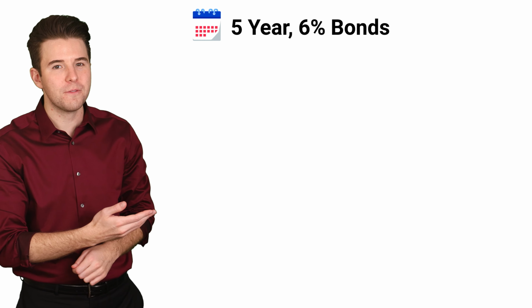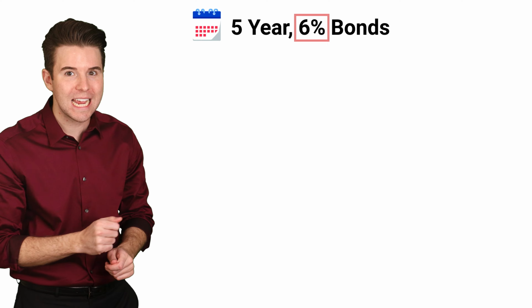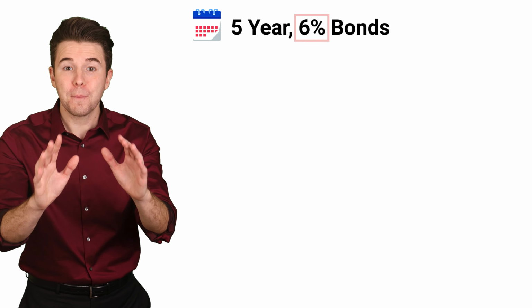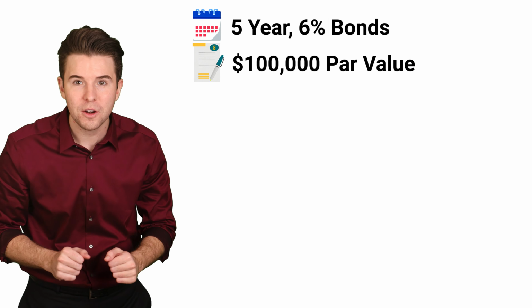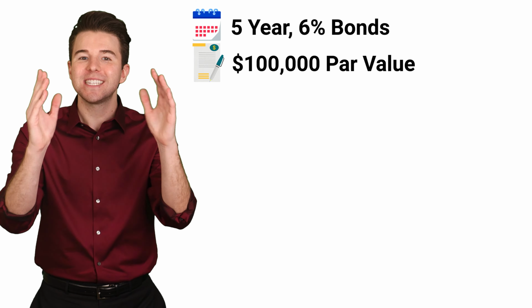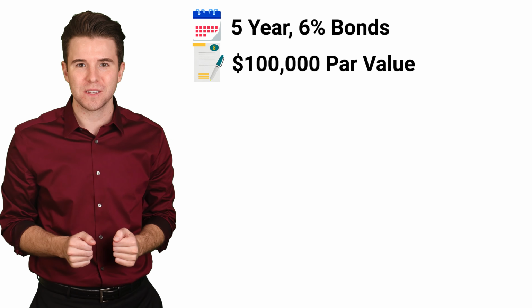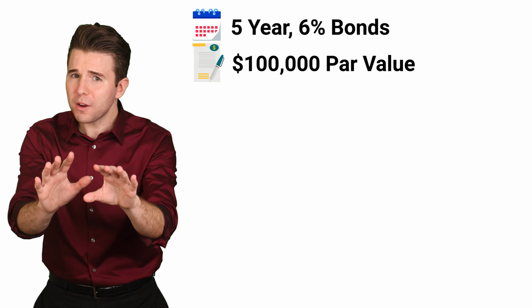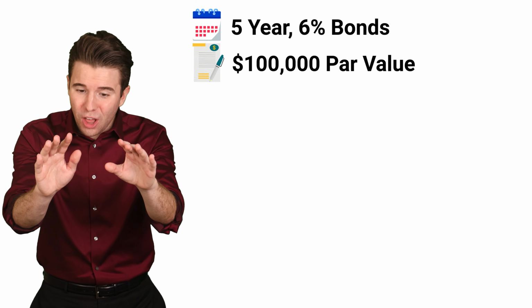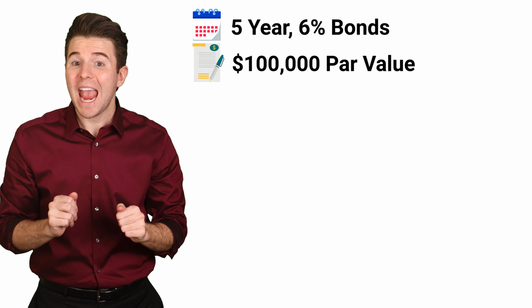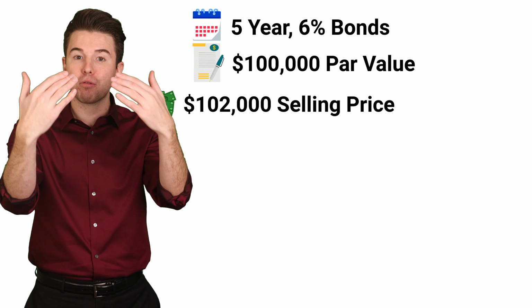All right, I think it will help us to do an example. Let's assume a business issues 5-year bonds on December 31st with a 6% annual contract rate. The par value of these bonds is $100,000 and include semi-annual interest payments. However, the market rate for these bonds is lower than the contract rate and therefore sell at a premium price